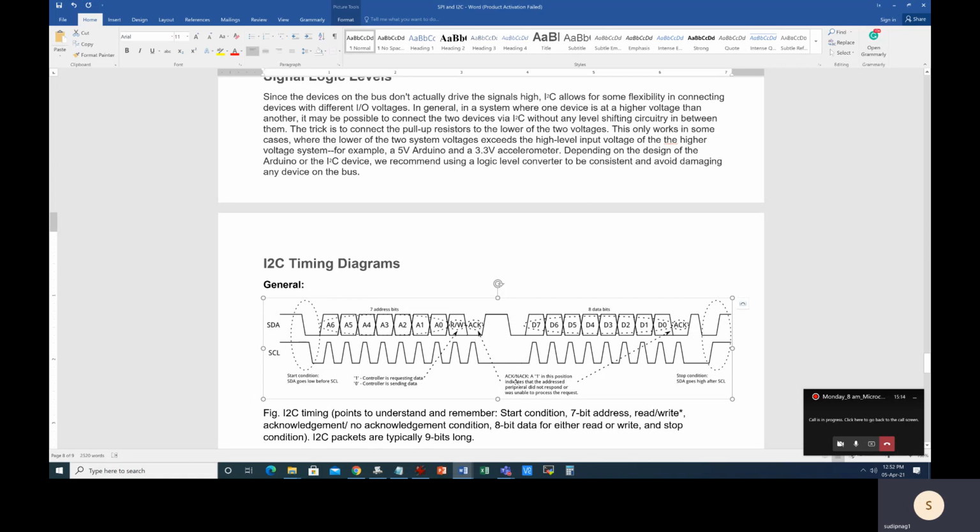So this acknowledgement bit is acknowledge or no acknowledge, so there are two conditions. One condition in this position indicates that the peripheral did not respond or was unable to process the request. If the peripheral receives something, then it will acknowledge and this acknowledge signal will go low. So it is actually acknowledge bar, that is active low, and the 9th bit information should come. Whether the acknowledge comes or doesn't come, after that the clock remains low and the data remains high for some time. And then after some time, the data again comes.